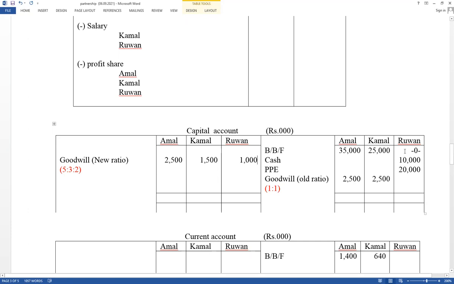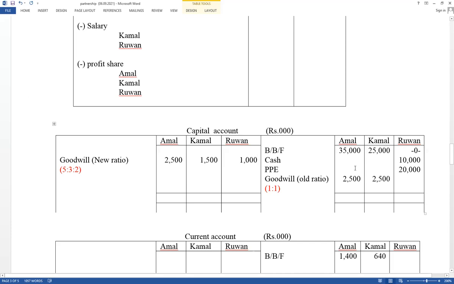And think about the new partner introducing cash as well as office equipment as capital. The admission part we have discussed. Therefore, those are the things that should be recorded in the partners' capital accounts. Think how to adjust goodwill as well as the cash brought by the new partner. Admission is at the beginning of the year, and all three partners are available. Therefore, the capital account closing balance can also be calculated. The capital account does not change further. Try to calculate the closing balance at the same time. The closing capital account balance should be included in the financial position also. And interest on capital should be calculated based on their closing capital account balance.